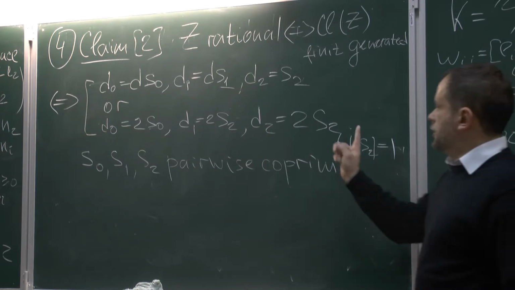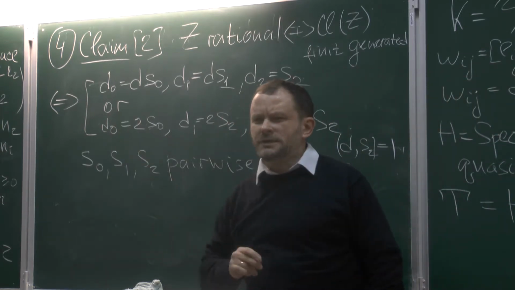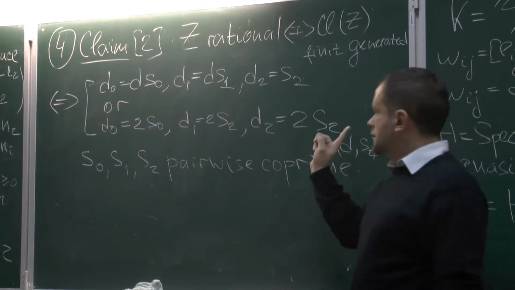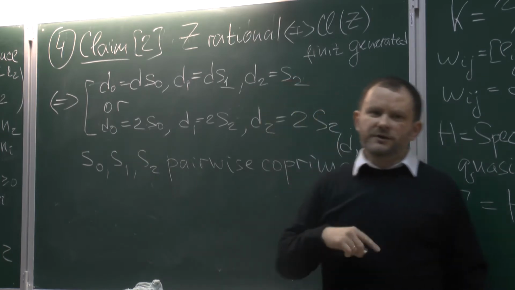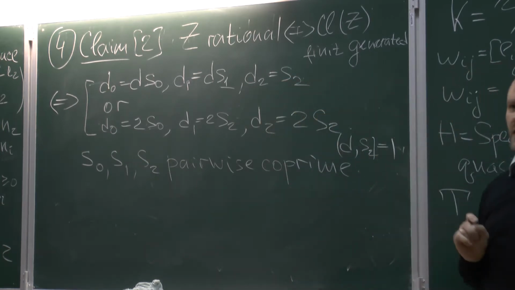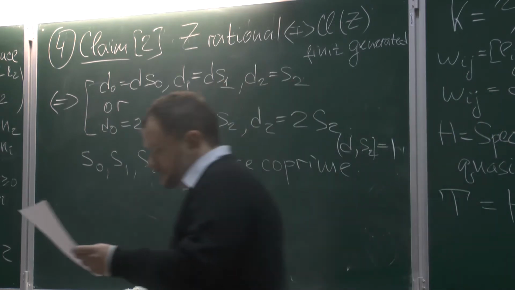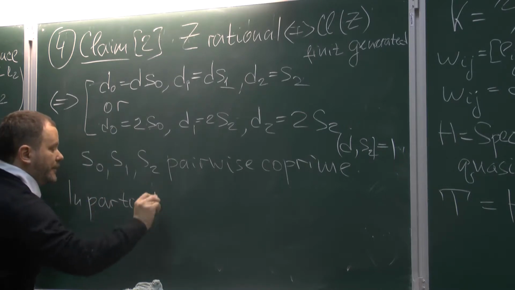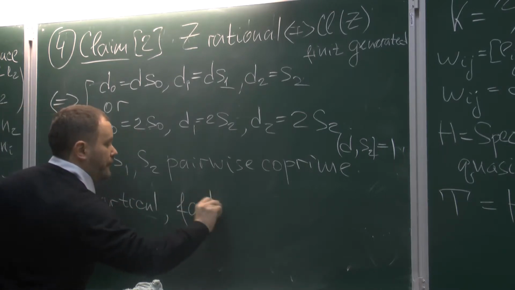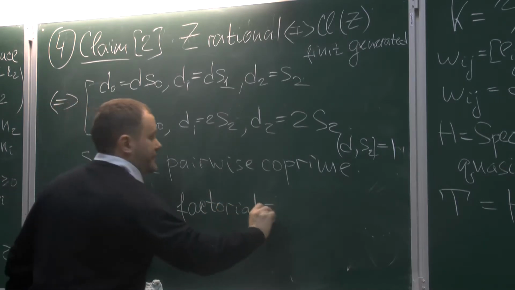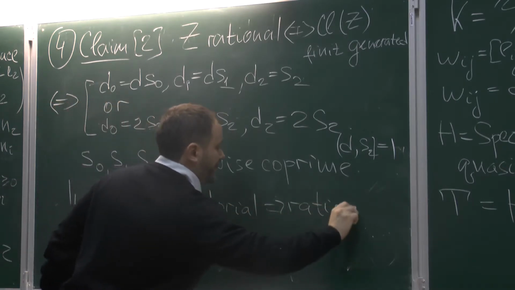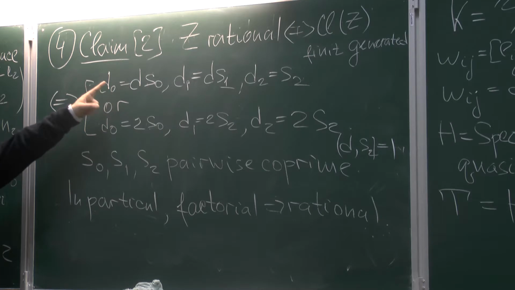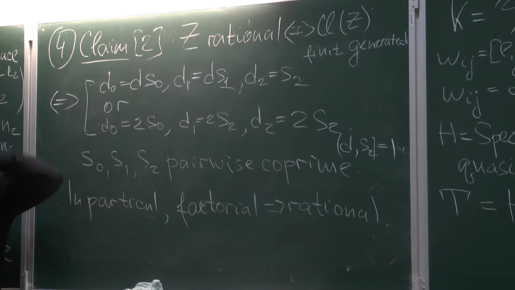No. So in all other possibilities, the corresponding hypersurface is not rational. This is exactly the characterization of a rational hypersurface. Either these numbers have 2 as a common divisor for all of them, or just 2 of them are not coprime. In particular, factorial implies rational. In general, this is not always the case, but for this type of hypersurface, this is the case. And this is just when I have d equal 1, then all of them are pairwise coprime.